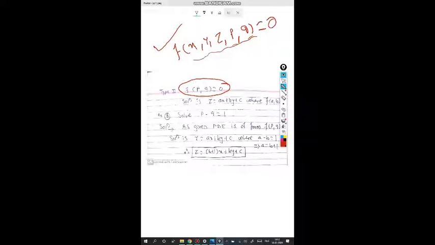So suppose in the differential equation only p and q appear, that is form 1. If in the differential equation only p, q appears, then that form is known as f of p q. The solution of that form is taken in a very simple way. Always the solution of f of p q form is z equal to a x plus b y plus c,